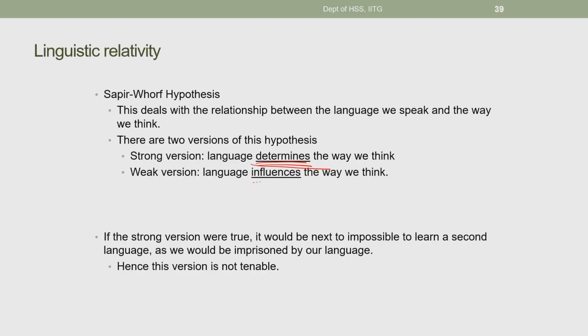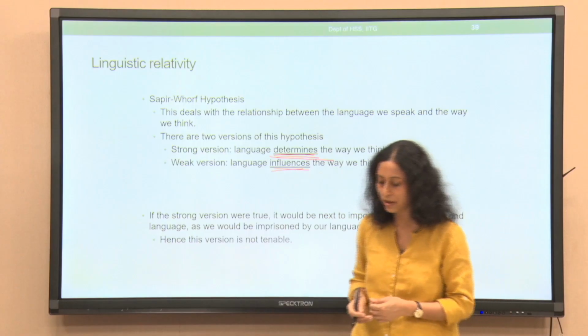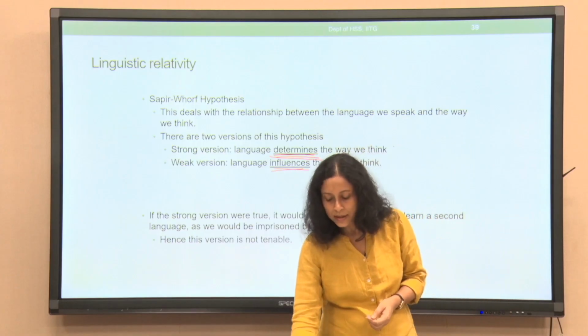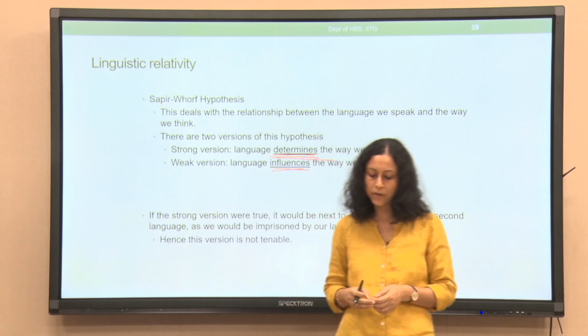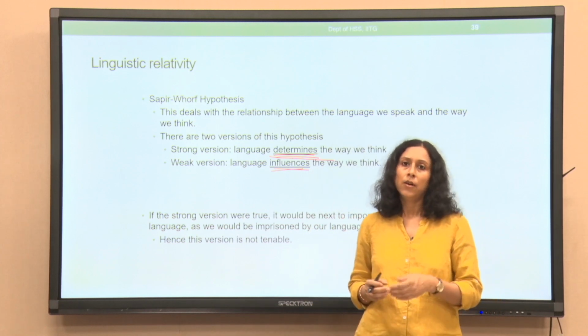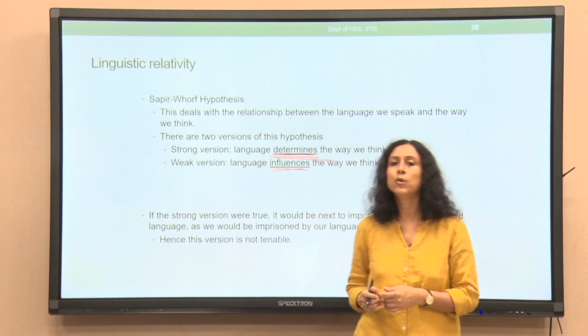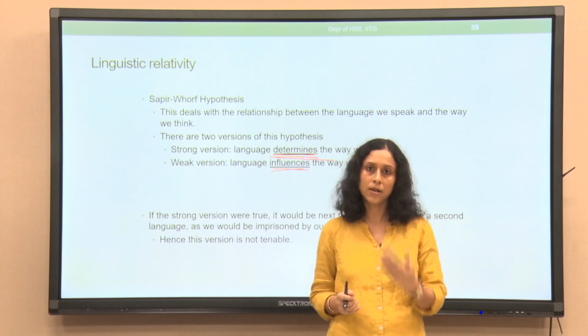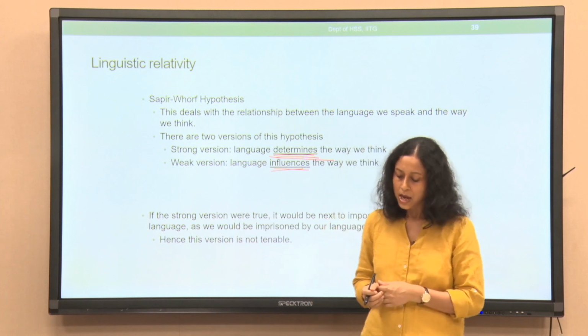However, there is a weaker version of the theory as well, which says that language may not really decide the way we look at the world, but it certainly has an influence on the way we think. So, these are the two versions of the Sapir-Whorf hypothesis. Now, keeping this in the background, if we look at the color terms and color cognition in various communities, we would